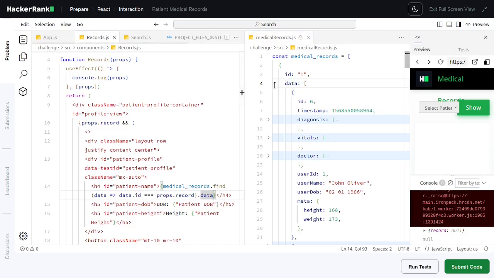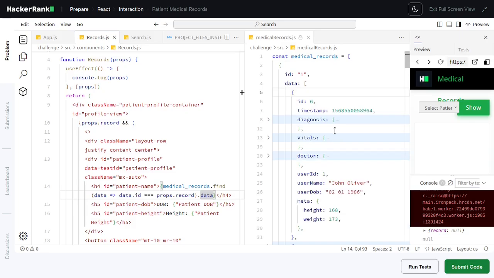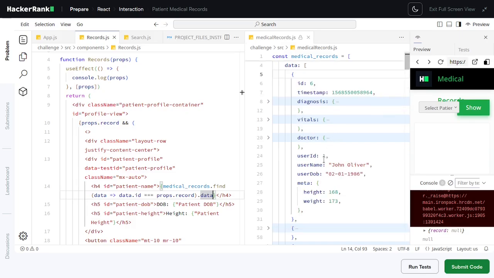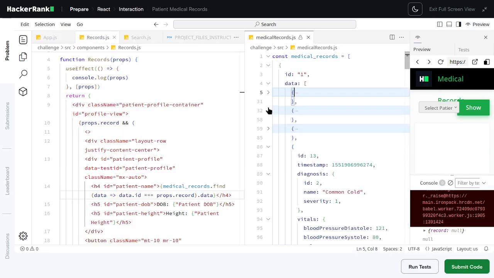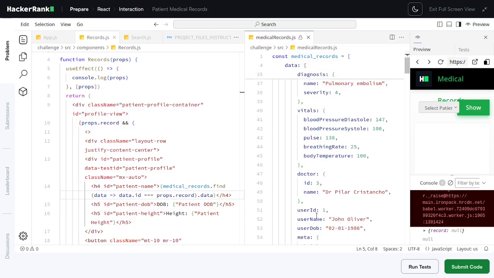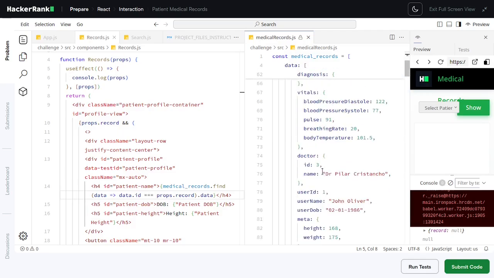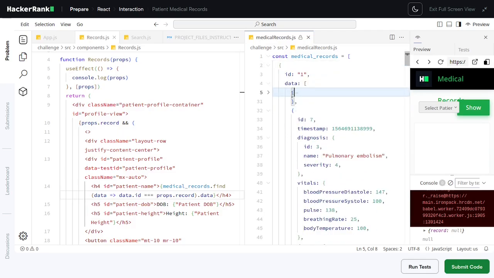The data is the array of objects, and we can access the first data because it's the medical records of one patient that has different doctor's names and diagnosis data. And then for the username, it has the same thing because it is the same ID of the patient. So it's John Oliver, it's also John Oliver, and for the bottom one, which will also be John Oliver, then we can